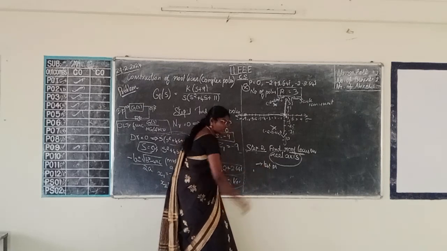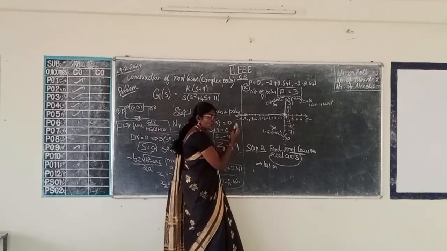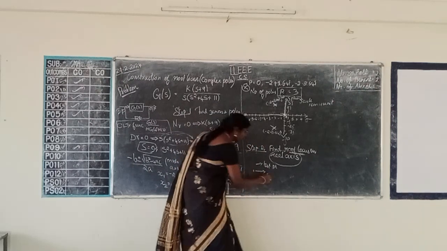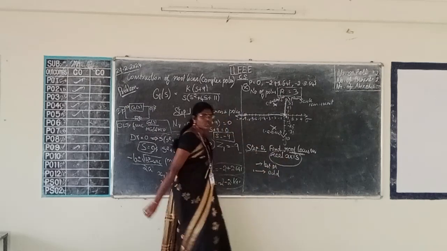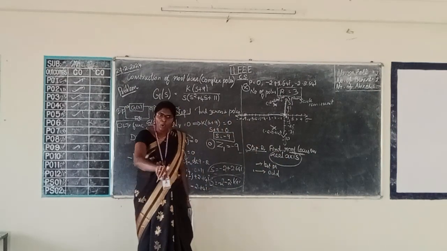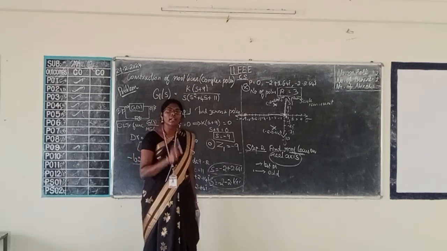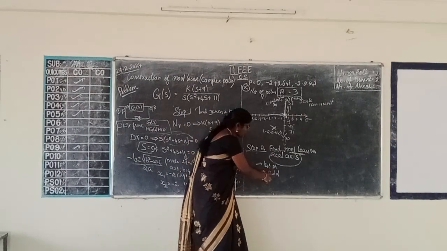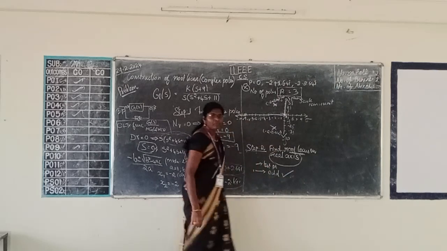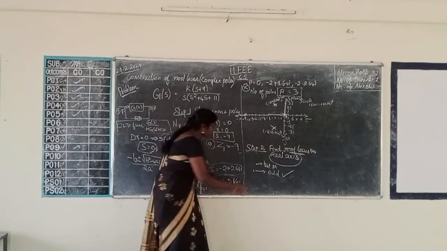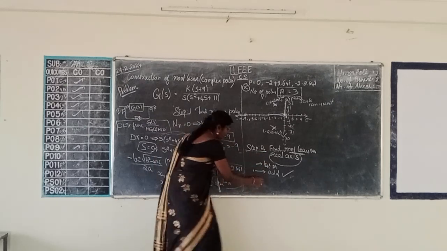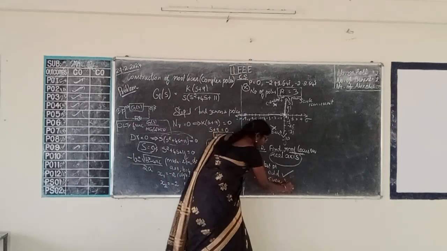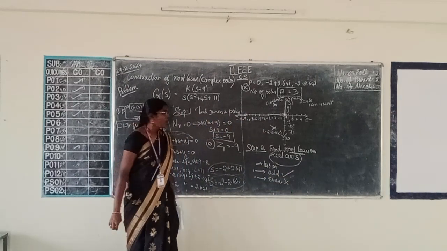If I am watching from this side, after the test point, if there is an odd number of poles and zeros, mark my words, an odd number of both poles and zeros, then the root locus exists. If after the test point I am having an even number of poles and zeros, then the root locus will not exist. Okay, and